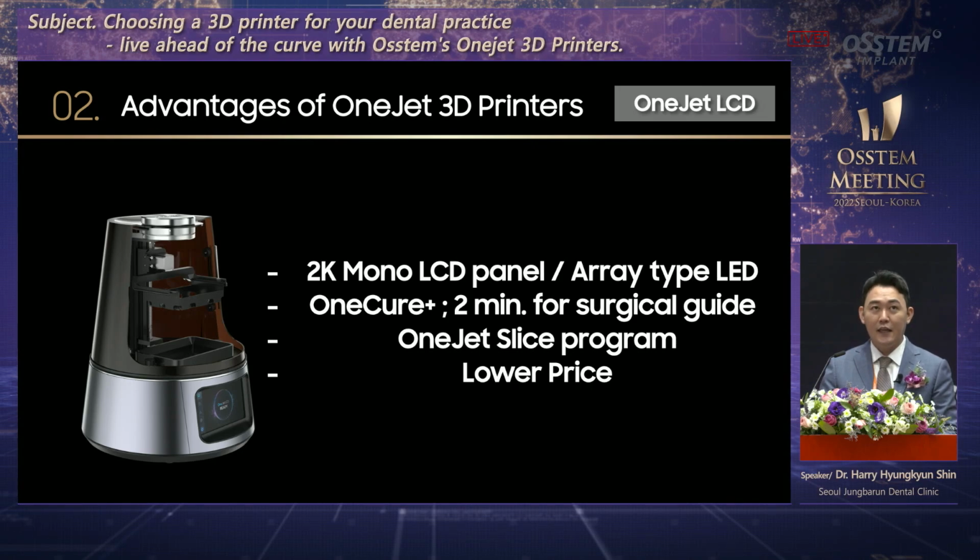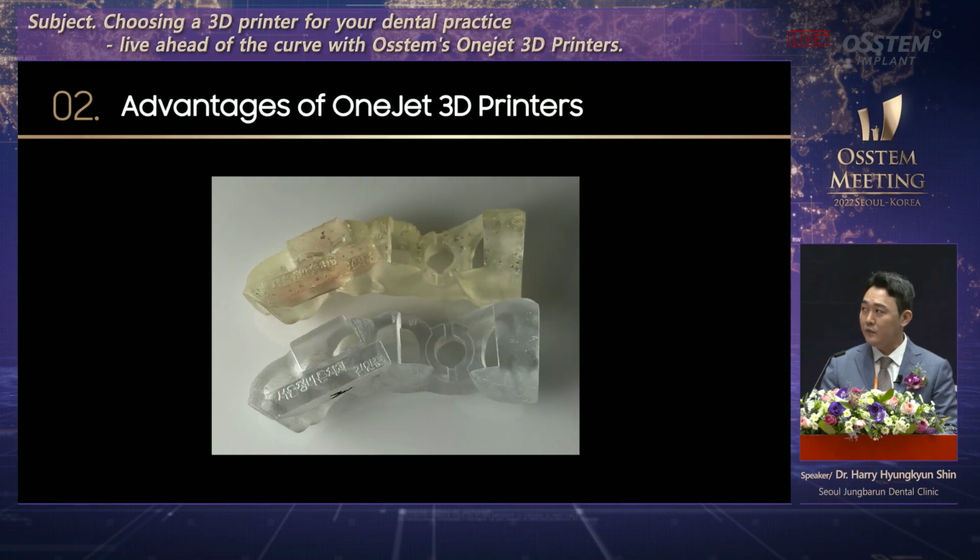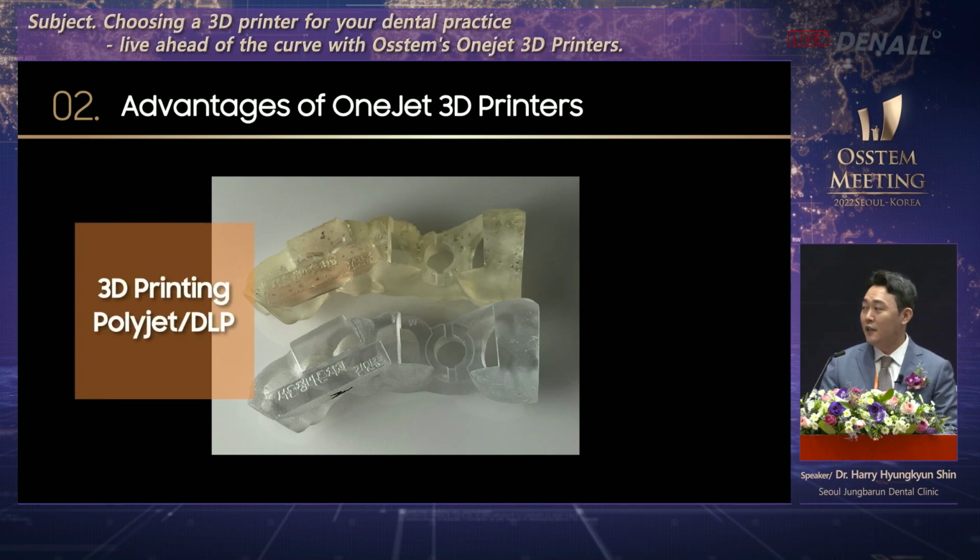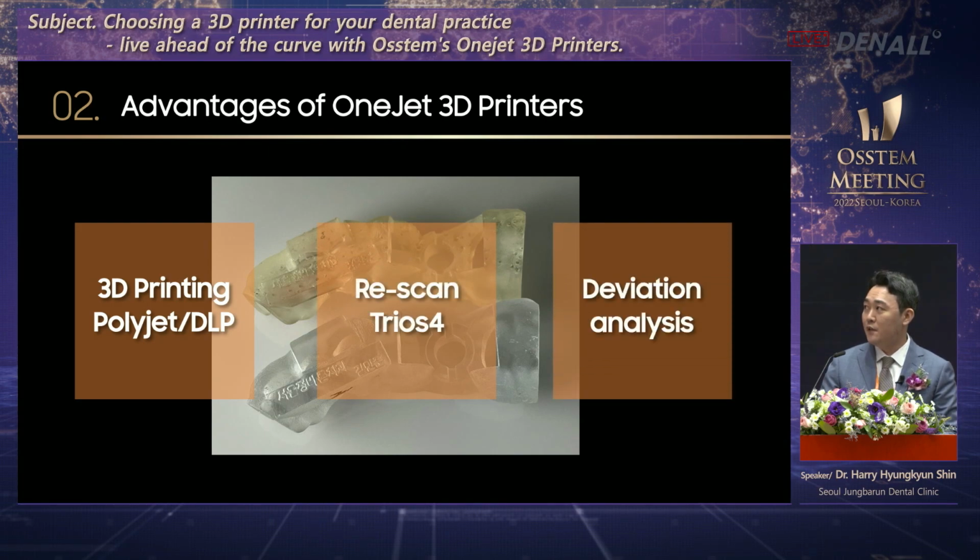So ROI, I mentioned that ROI. If you do not print many guides, a light LCD printer is recommended. And I tested it myself. One guide center made the polyjet type, and in one-jet, the guide is printed out. They have been printed and they are rescanned, and